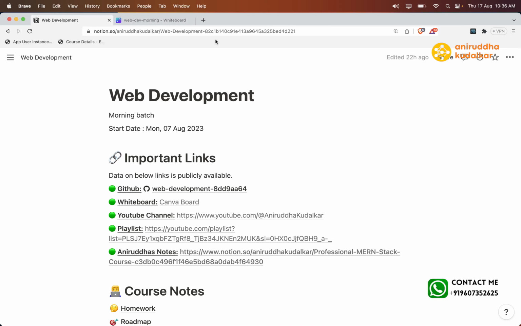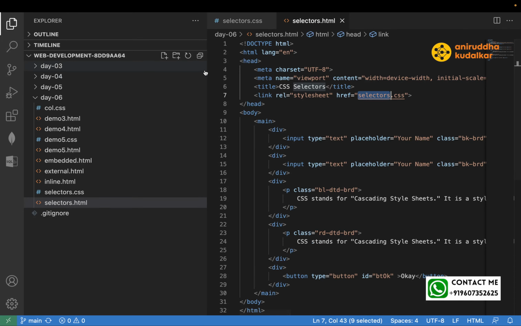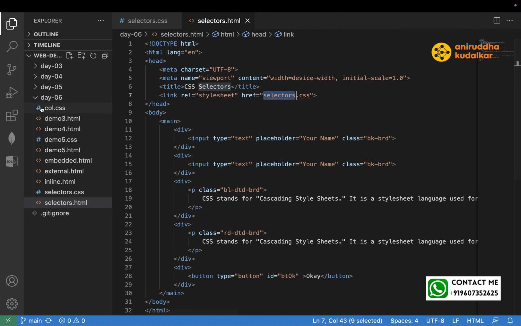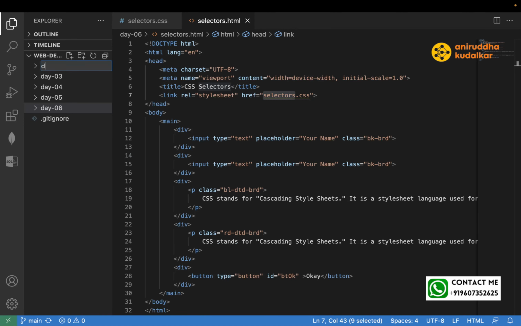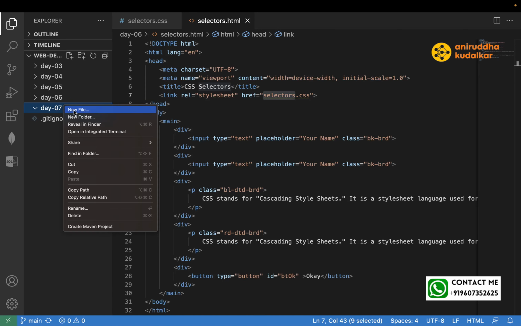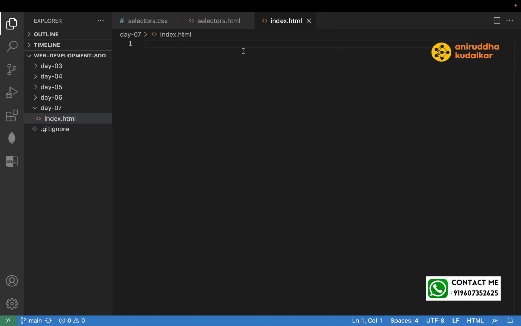Before going to the box model, I would like to show you a few things. So let me create a new folder, day 07. Correct? Today is the 7th day. Yes. And index.html. And here I can create